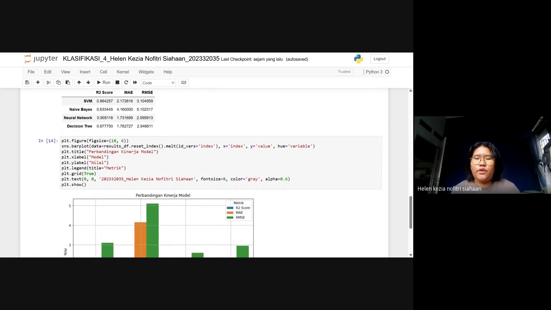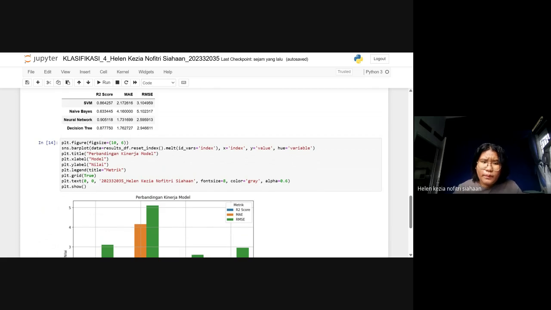For the printout of the matplotlib, using plt.figure with figsize 10 and 6 with sns.barplot. It has the index, x for index, y for value, and hue is for the variable.